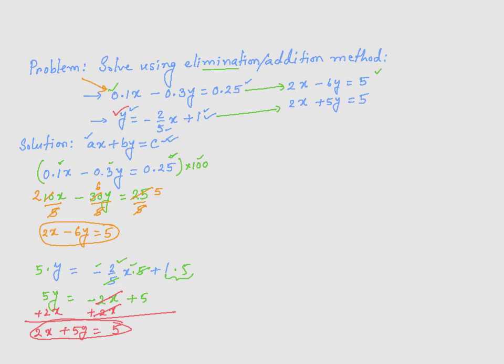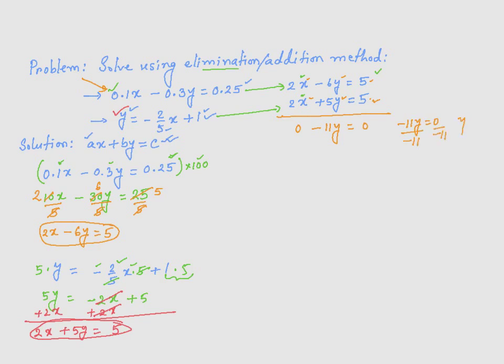I could do the usual thing here, eliminate x and solve for y, because the coefficient of x is 2 here, coefficient of x is 2 here. Multiply the second equation by negative 1, and then add. However, instead of doing that, I am just going to subtract the second equation from the first equation. If I did that, look, 2x minus 2x is going to be just 0. Then negative 6y minus 5y is going to be negative 11y is equal to 5 minus 5 is 0. Or I have negative 11y is equal to 0. If I divide both sides by negative 11,